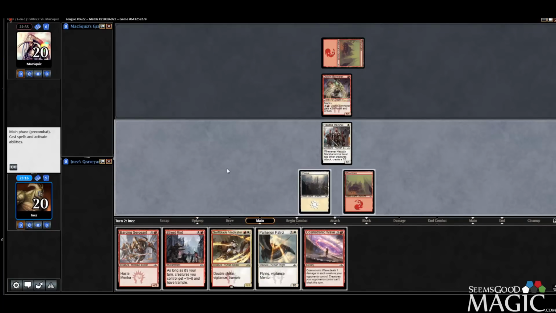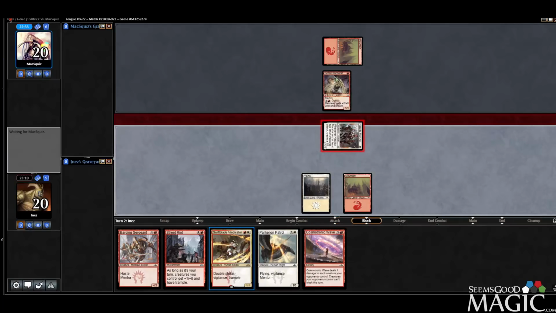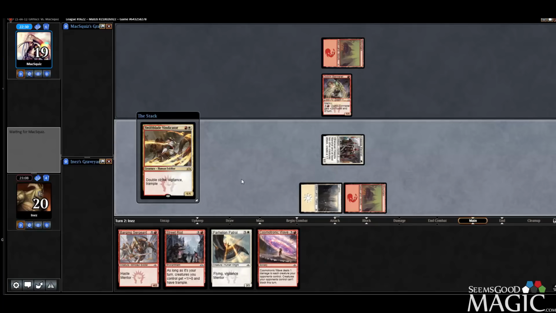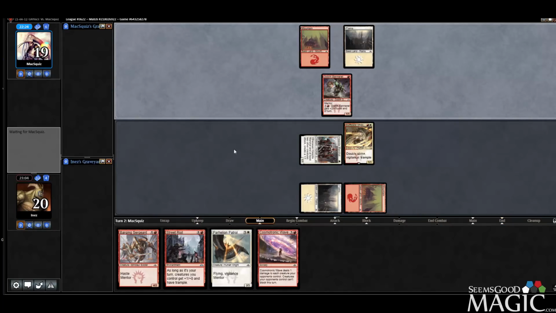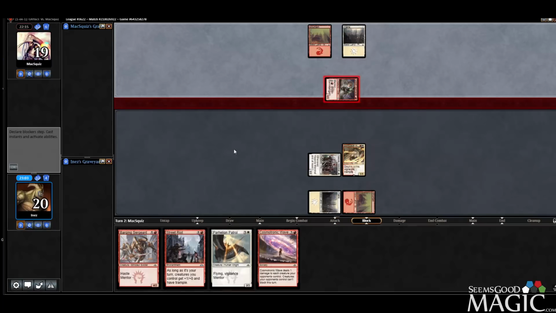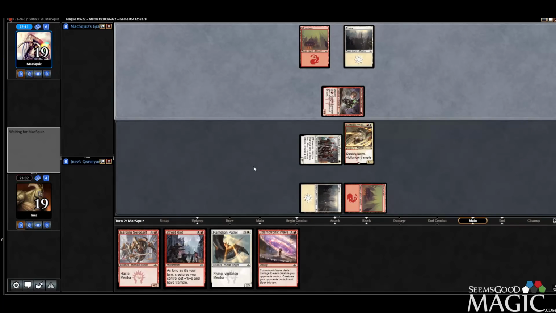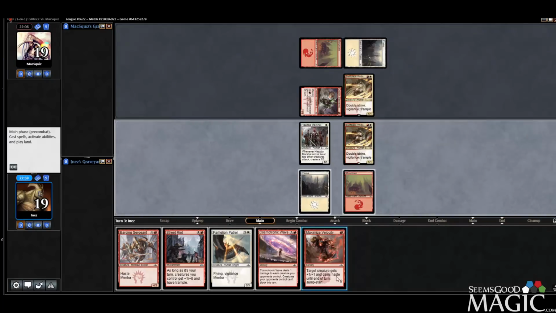Hmm. All right. Take it. I don't really want to trade my Vindicator for a Take Heart. Oh, so we're just playing the same deck. That's super interesting. Let's see here. Well, the good news is Cosmotronic Wave would do all sorts of things. The bad news is